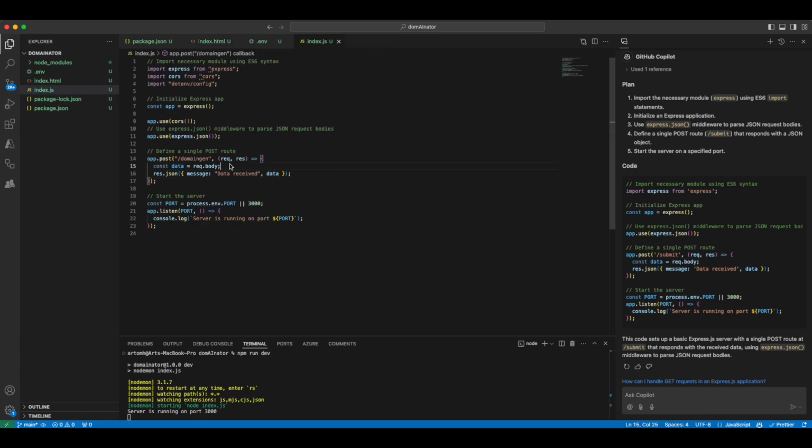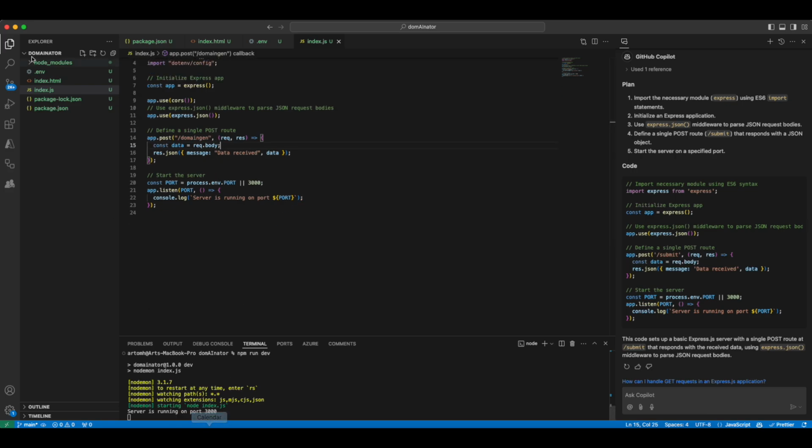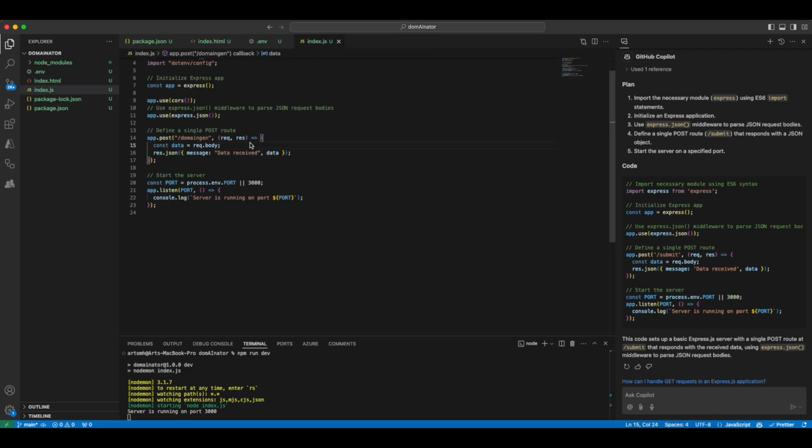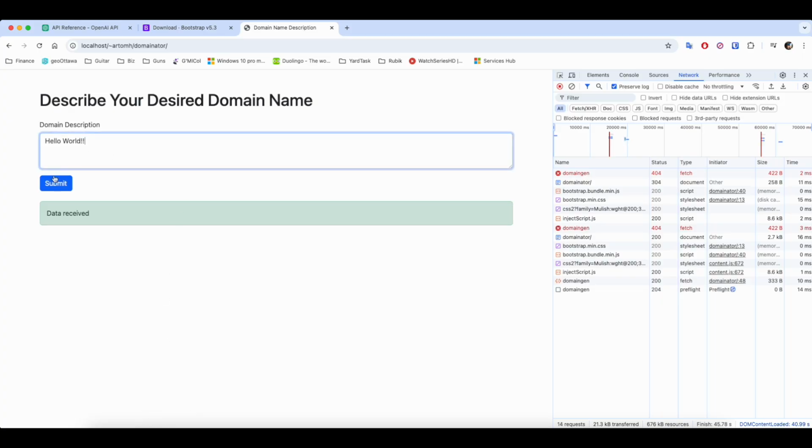Except it did not respond with our data back, because we need to say, what are we sending here? We are sending description. So we say req.body.description is what we're sending. Okay, and now we can say,